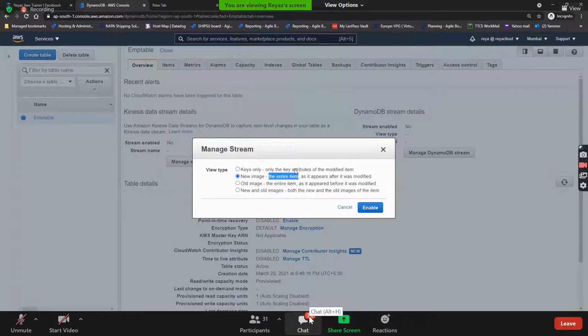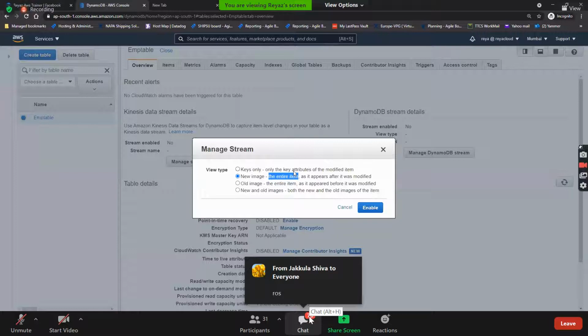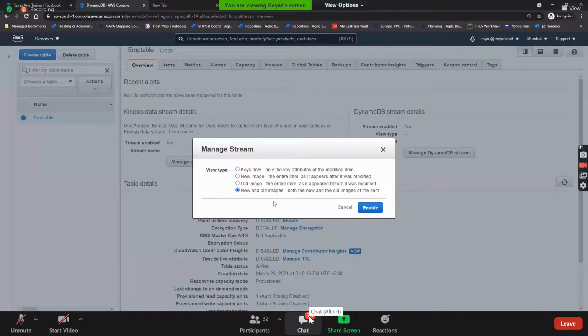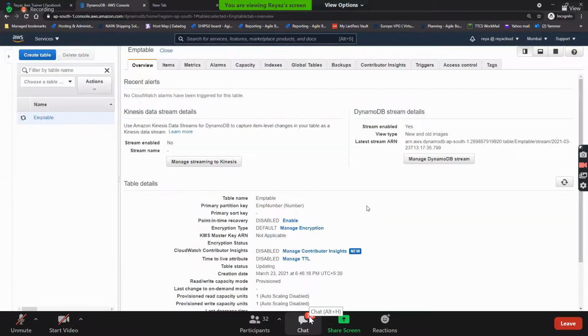What is an item in DynamoDB? A row. Excellent. So you can log the entire row as it appeared after it was modified, the new image, or the old one before it was modified, or both. It's based on your requirement that you select. You just need to click on enable. That's all.